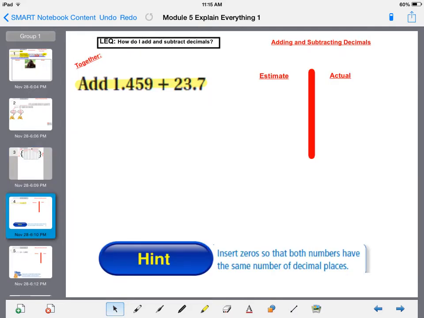We'll now talk about adding and subtracting decimals, and we're going to start with estimating first. We're going to go ahead and take a look at 1 and 459 thousandths. When we estimate, we want to take a look at the whole number 1. We're going to take a look at the guy next door, and if he is 5 or more, we raise the score, so the 1 would become a 2. And if he's 4 or less, we'd give him a rest, so the 1 would remain the same. And so since the 10th place is 4 or less, we're going to give him a rest, so that stays